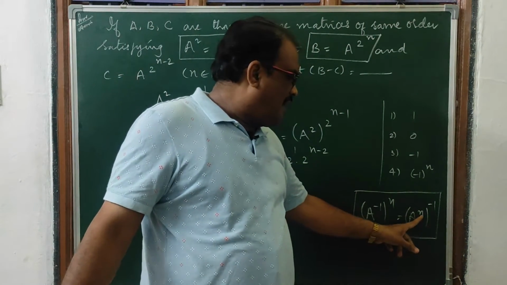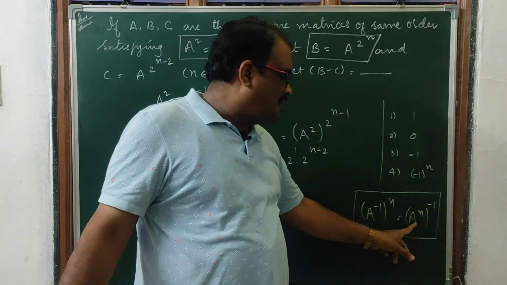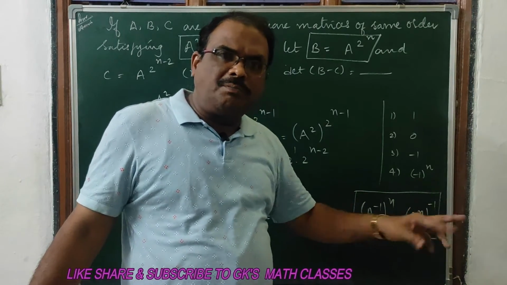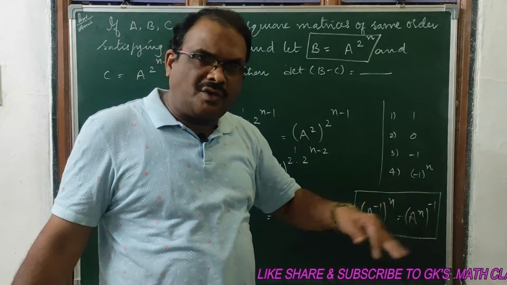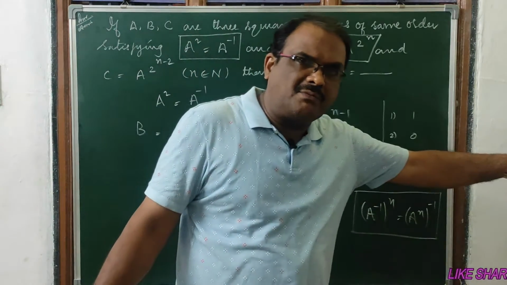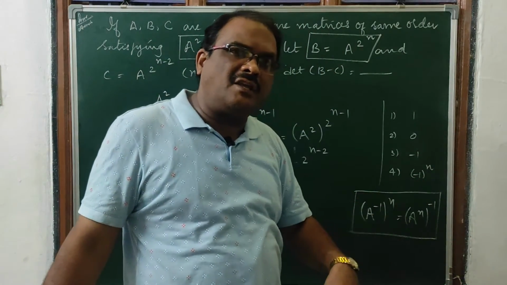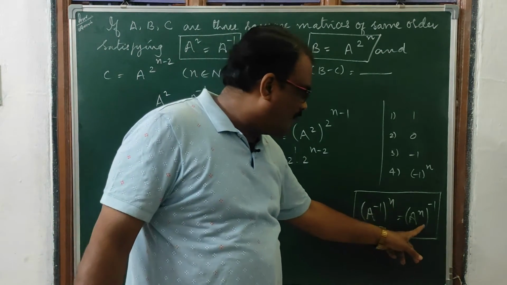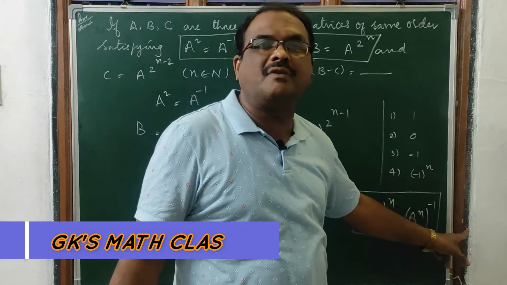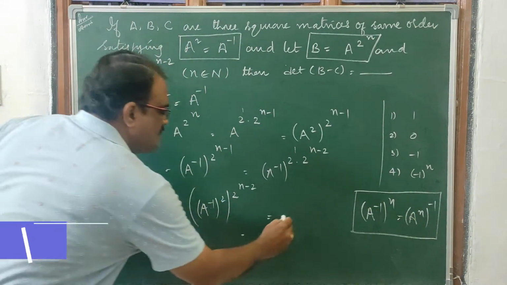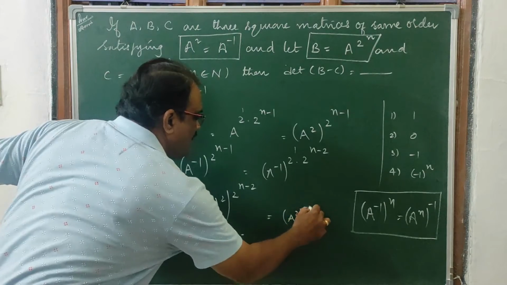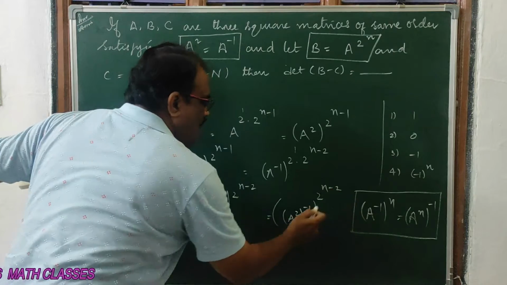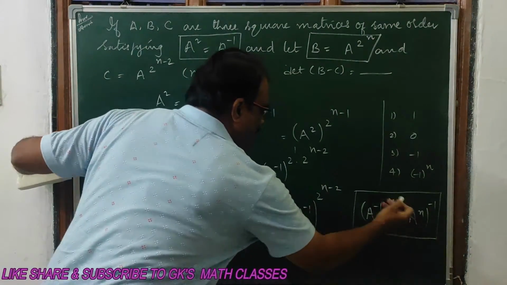If you take A inverse whole power n, it means A into A into A, n times, whole inverse. AB whole inverse is equal to B inverse into A inverse, our formula. So A inverse, A inverse, A inverse, how many times do you get? N times. That is A inverse whole power n. So A inverse whole power n is equal to A power n whole inverse. So we can take A square inside and inverse outside, interchange, whole power 2 power n minus 2. Why is it changed? Due to this formula.